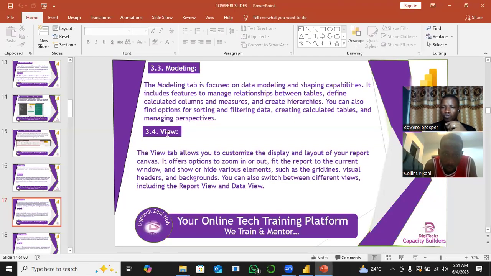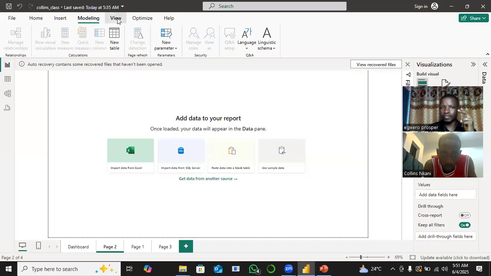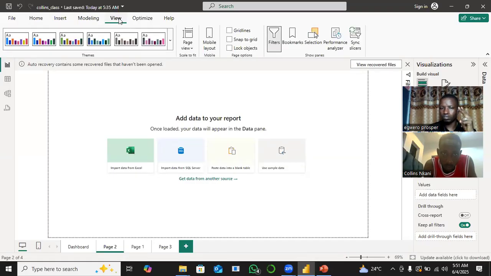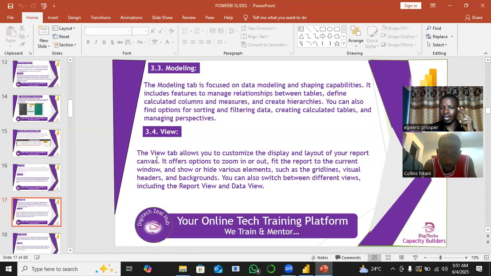Then there is also View. So here I'm using this slide to explain too. So let me quickly go back to the program. So this is View now. So there are a whole lot of things you can check here. So let me just quickly go back and highlight before I come back to explain some of those features. The View tab allows you to customize the display and the layout, the structure of your report